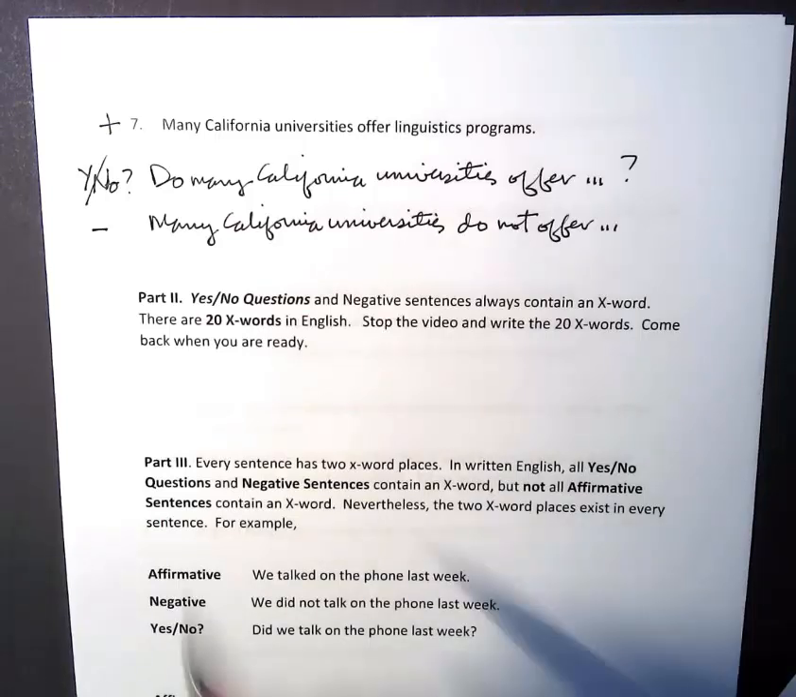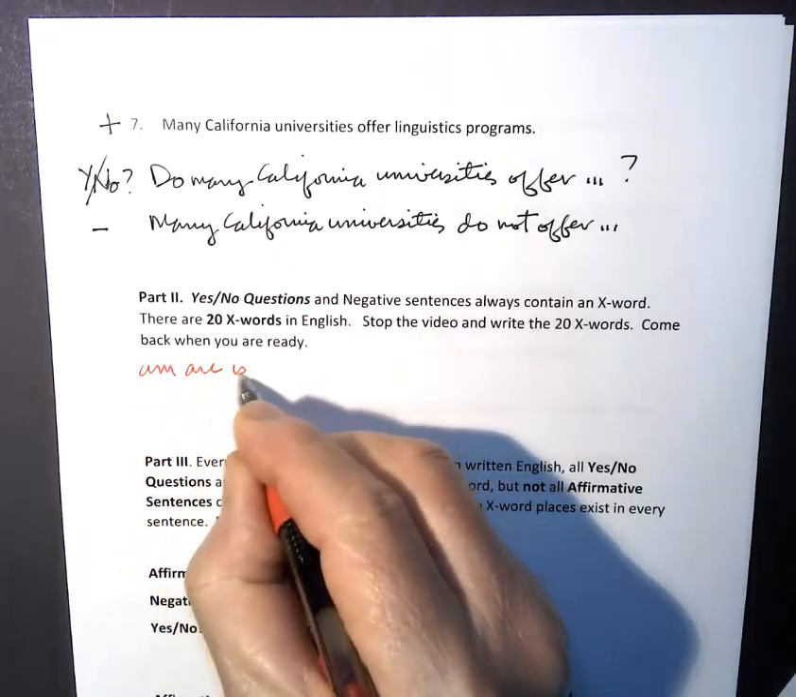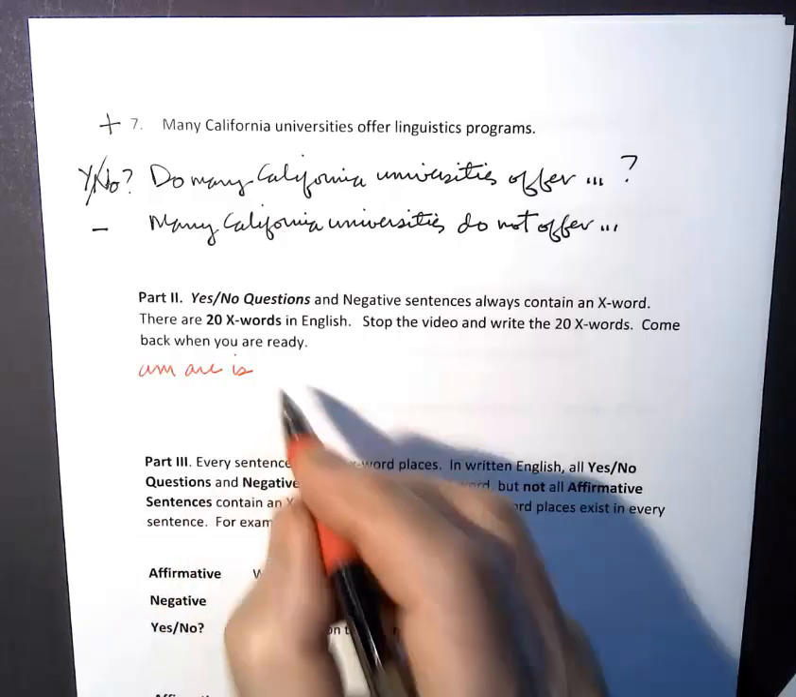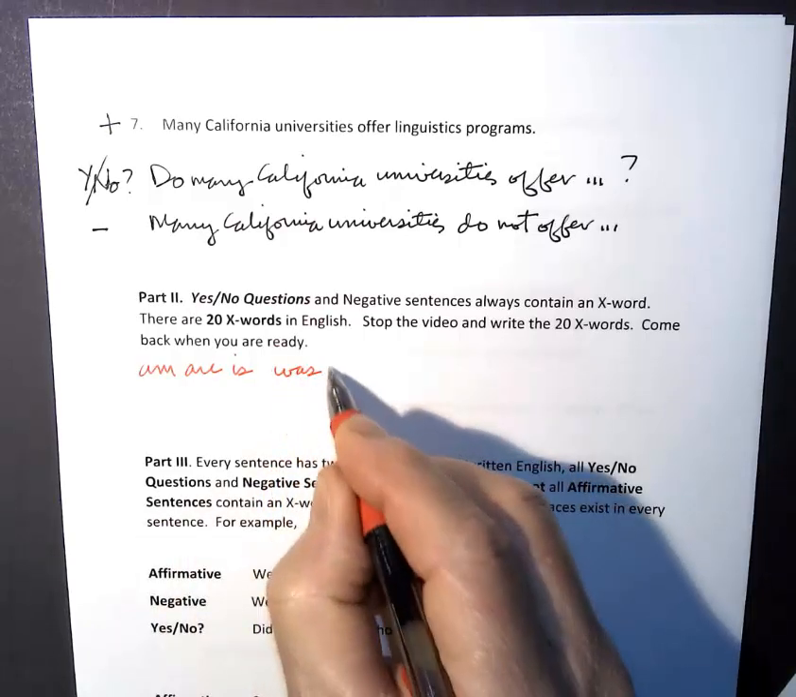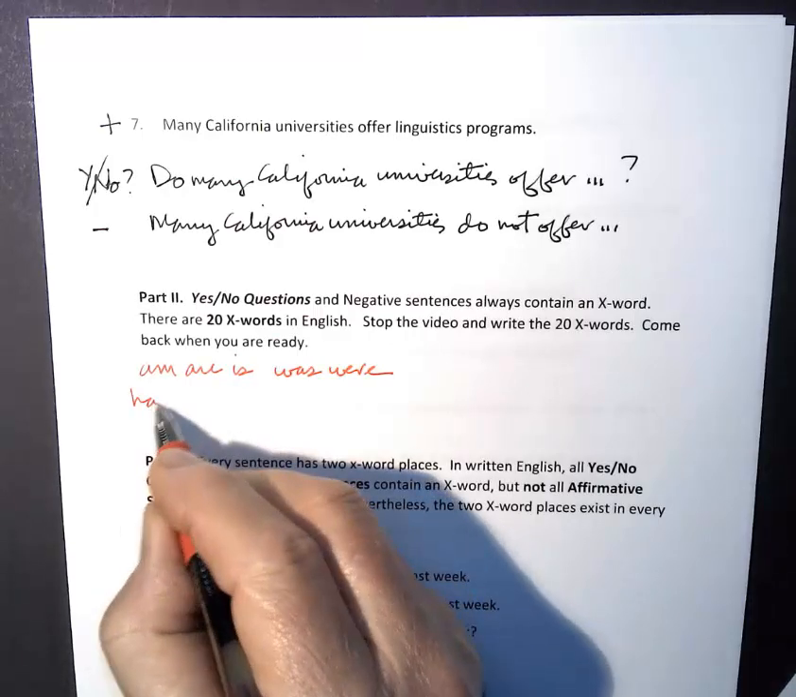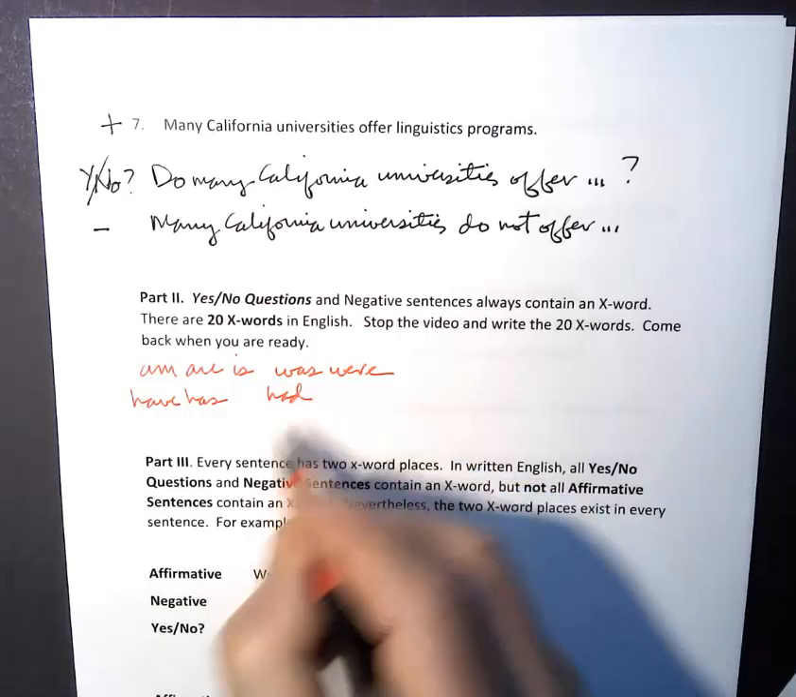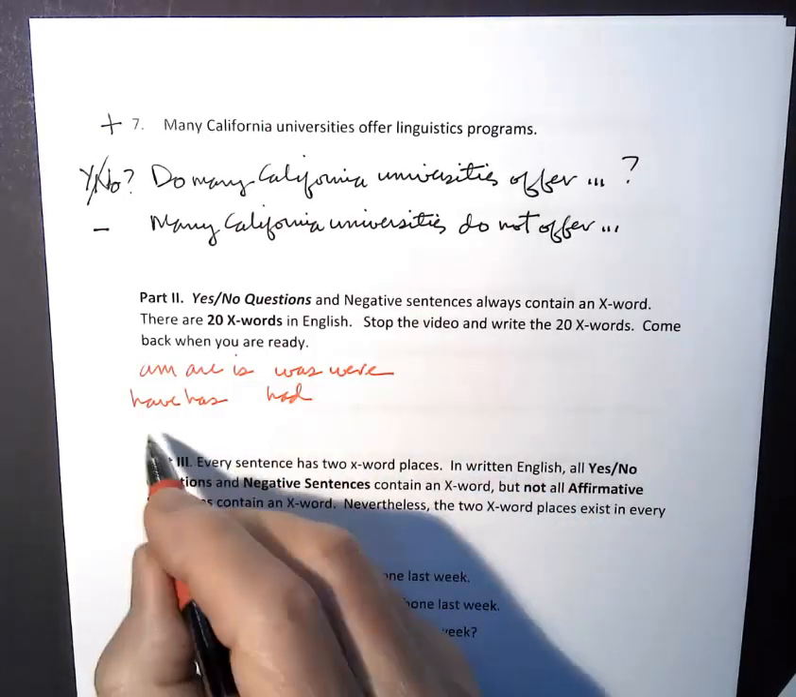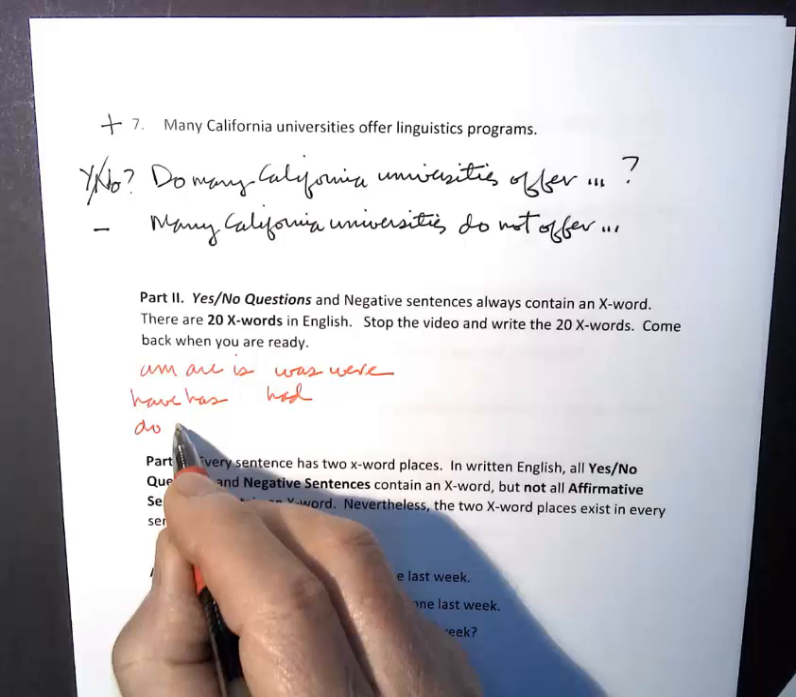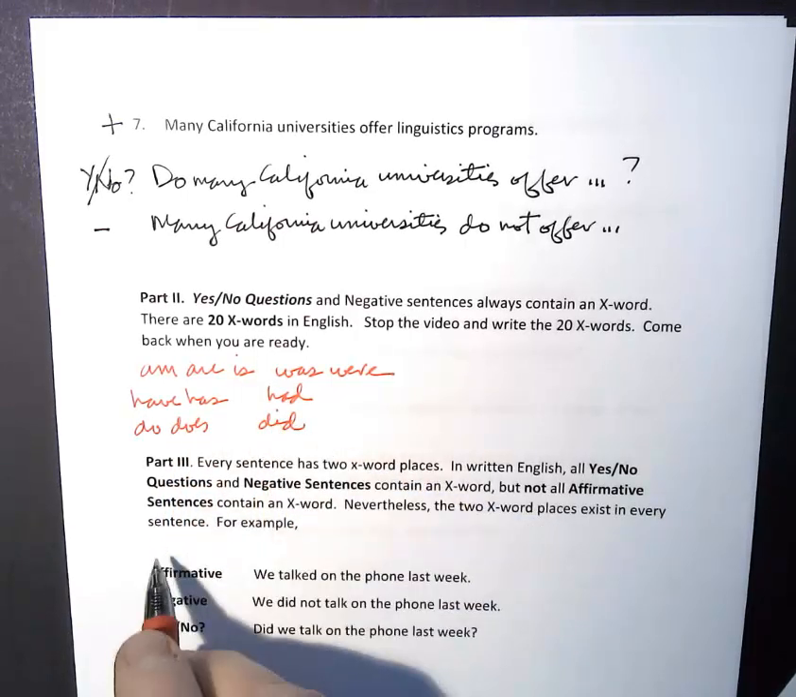Here's our 20 X words. Am, are, and is, was, and were, have, has, and had, do, does, and did,